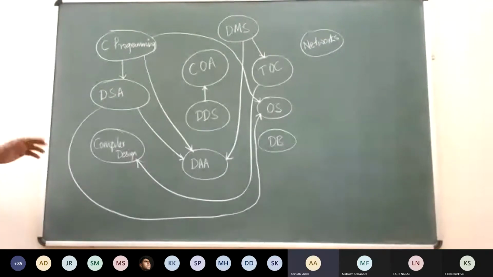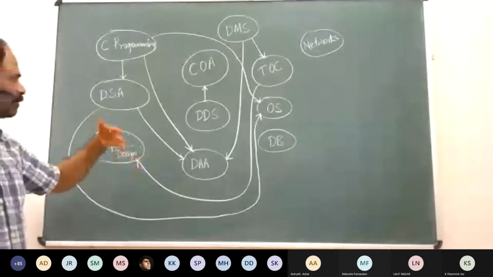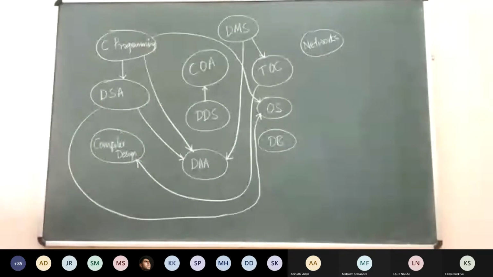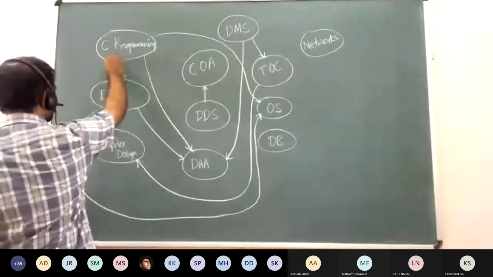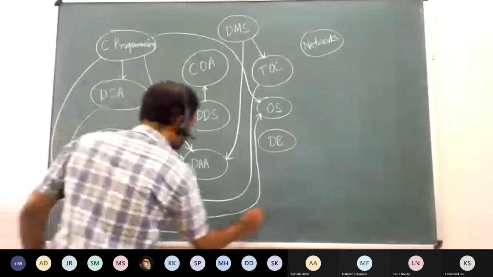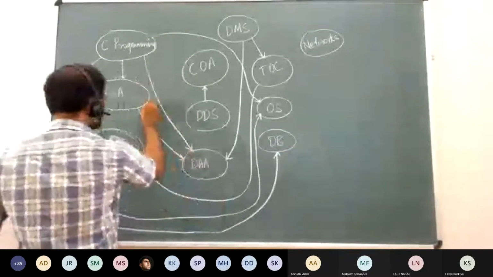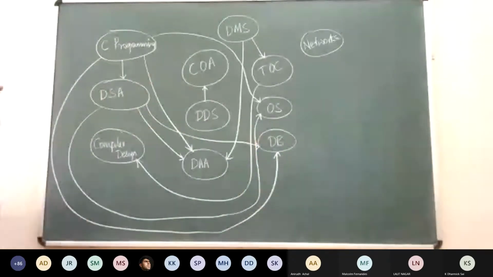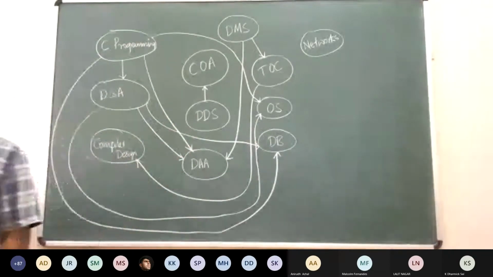DMS, C programming. C programming doesn't have any prerequisite. DMS doesn't have any prerequisite. Maybe DDS does not have any prerequisite, right? DB also. So, come again? DB. Yeah, DB. You would say that actually I didn't draw everything. So you might require some bit of programming, even some data structure. It would be better once you start learning B trees and things like that, right? So some of it might help there.